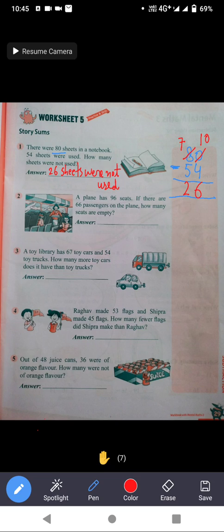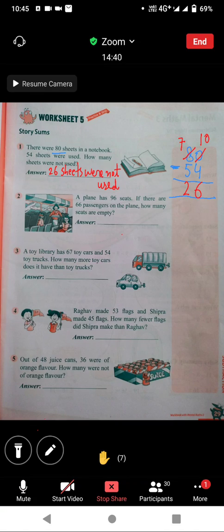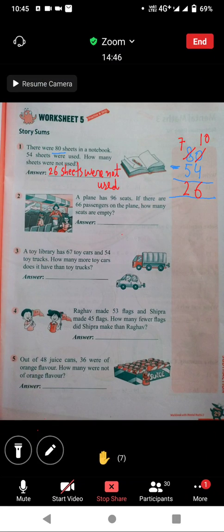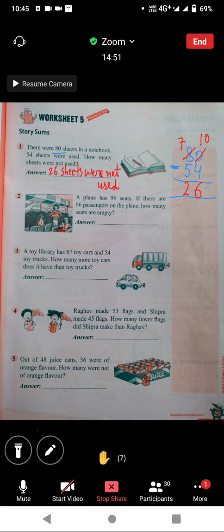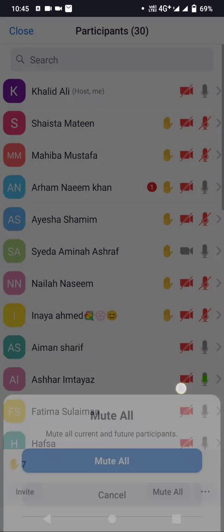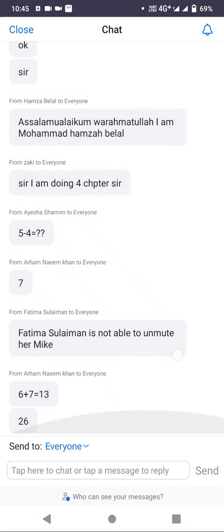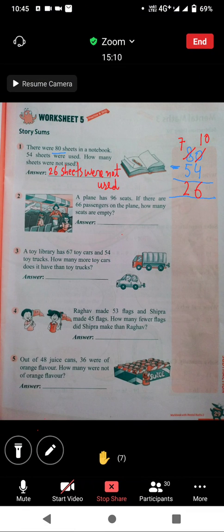So in question number 2, have you understood this question 1? Yes, sir. If anyone is having a problem, you may ask. You can write in the chat box. So question number 2 is,